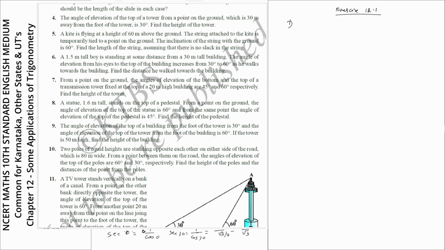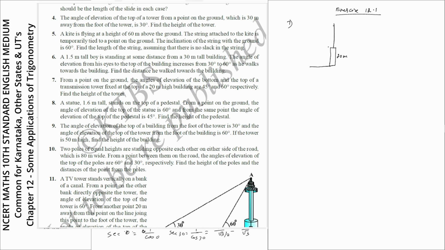Exercise 12.1, question number 7. From a point on the ground, the angles of elevation of the bottom and the top of the transmission tower fixed at the top of a 20-meter high building are 45 degree and 60 degree respectively. Find the height of the tower. So there is one tower placed on the top of the building, and the building's height is 20 meter. Upon this building there is one tower, and from the ground